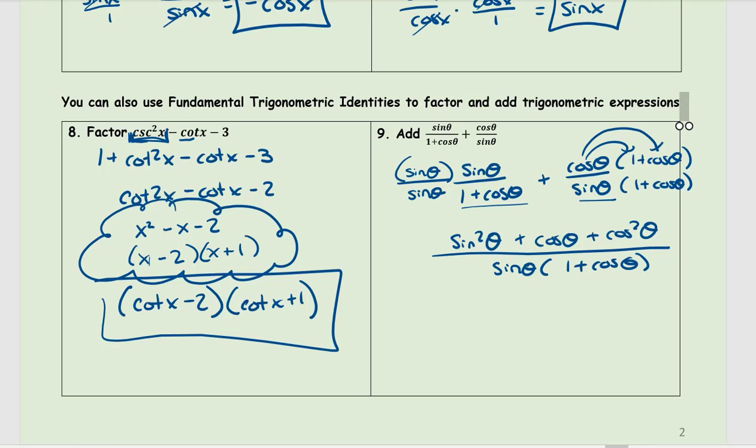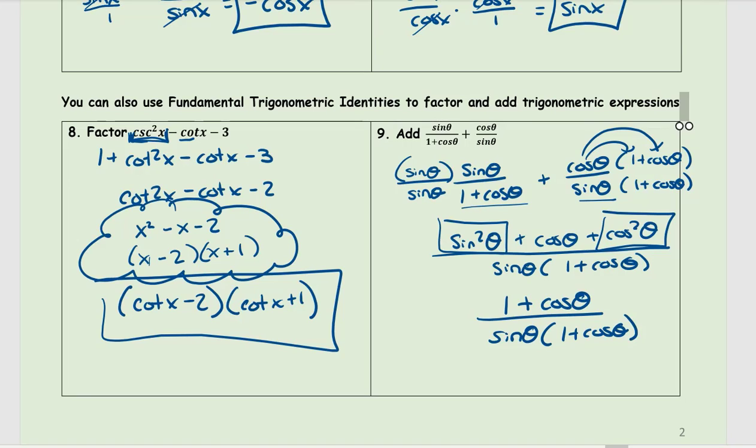What do we do from here? Well, we're going to look for identities because this is a mess. But if you look, you have a sine squared theta and a cosine squared theta in your numerator. Sine squared theta plus cosine squared theta is a Pythagorean identity, and it's just 1. So now the top becomes 1 plus cosine theta over sine of theta times 1 plus cosine theta. I think you may have already put 2 and 2 together here, but there's a 1 plus cosine theta in the top and a 1 plus cosine theta in the bottom. So now this becomes 1 over sine of theta,